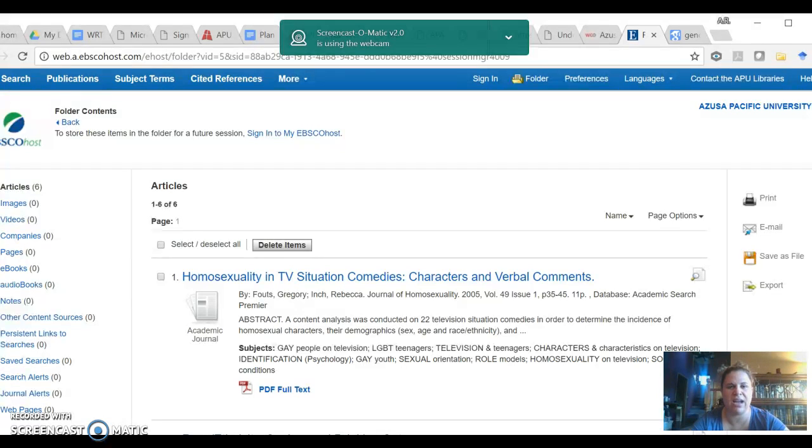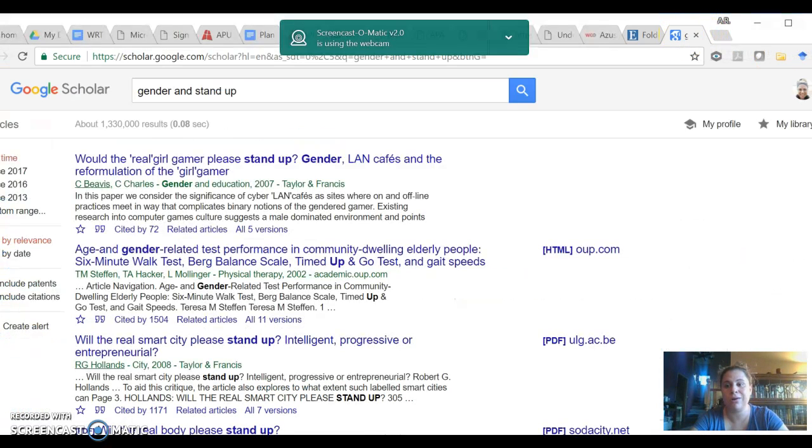So this is the main way to find database peer-reviewed articles. I like to use Google Scholar. It gives you a little bit more, less academic, less peer-reviewed, a whole bunch. You need to weed through them to make sure that they're actual academic peer-reviewed articles. But there's definitely good stuff in here, it's just not like everything you're looking at is something potentially you can use. So for me personally, I make sure, when you log into APU first and then go to